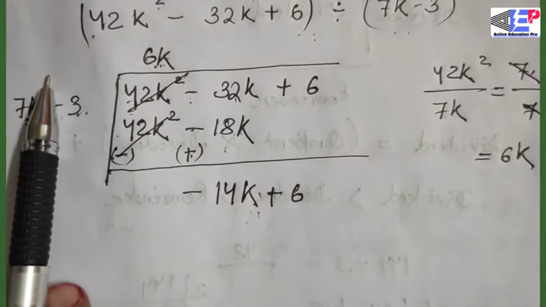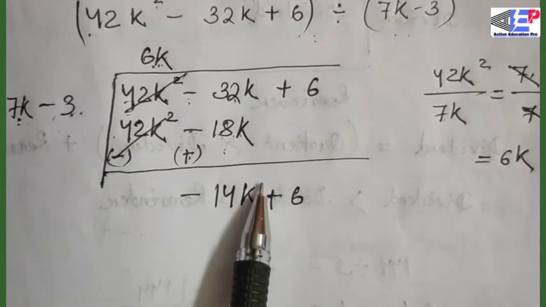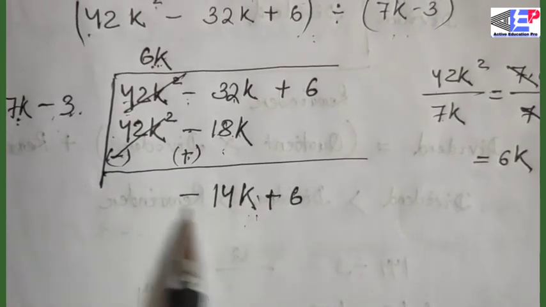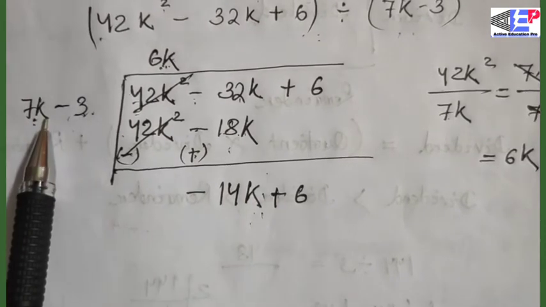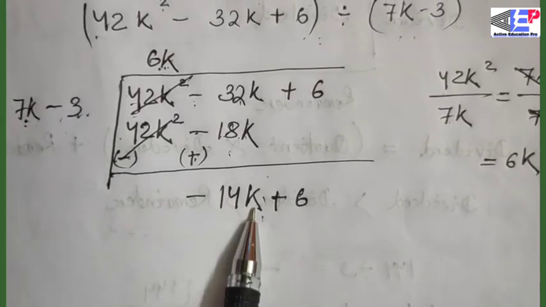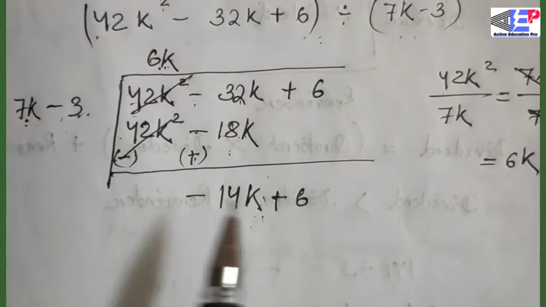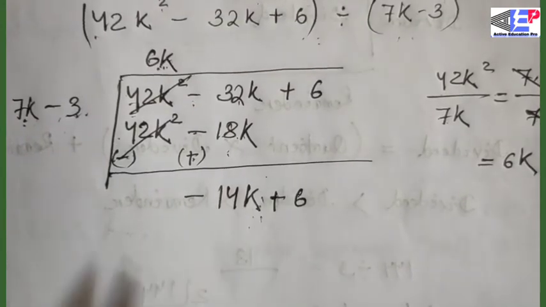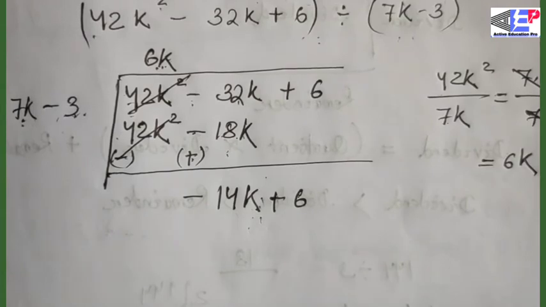If there is power 2 or 3, more than this power, I mean here power is 1. In this polynomial the degree of the polynomial is 1. In this polynomial if the degree is 2 or 3, it is a greater power than that, so we can divide it. But now the degree of the polynomial and the degree of the divisor are the same, 1 and 1. Now we can divide it.